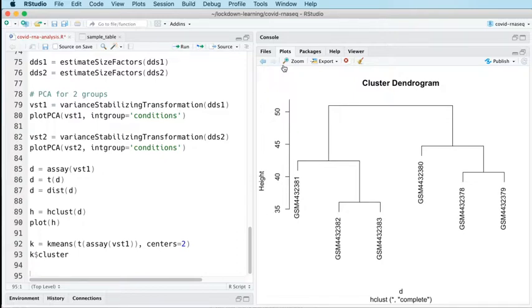We split our data into 2 clusters and saw that it divided exactly how we expected it to divide. The three samples in cluster 1 were 1 condition, and 3 samples in cluster 2 were the second condition. So the data split up in the way that we expected it to split up. And so this is all encouraging